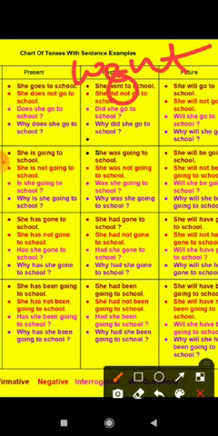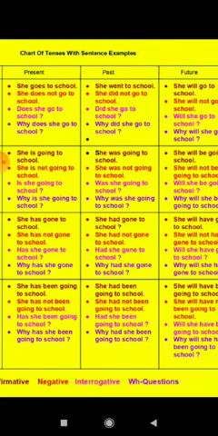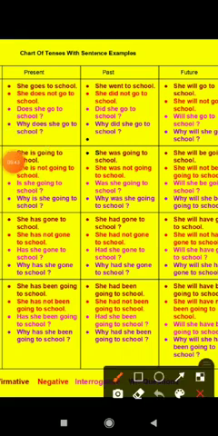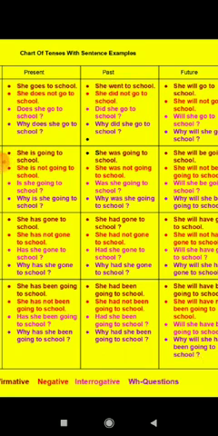And when I am talking about the negative sentence, simple past negative sentence, here did will be in use. Only did, for singular and plural both. She did not go to school. When we are converting into a yes/no type question: did she go to school? WH type question: why did she go to school? So dear children, you have seen in past tense the second form of the verb comes, but when we are using did, then always the first form of the verb is in use.